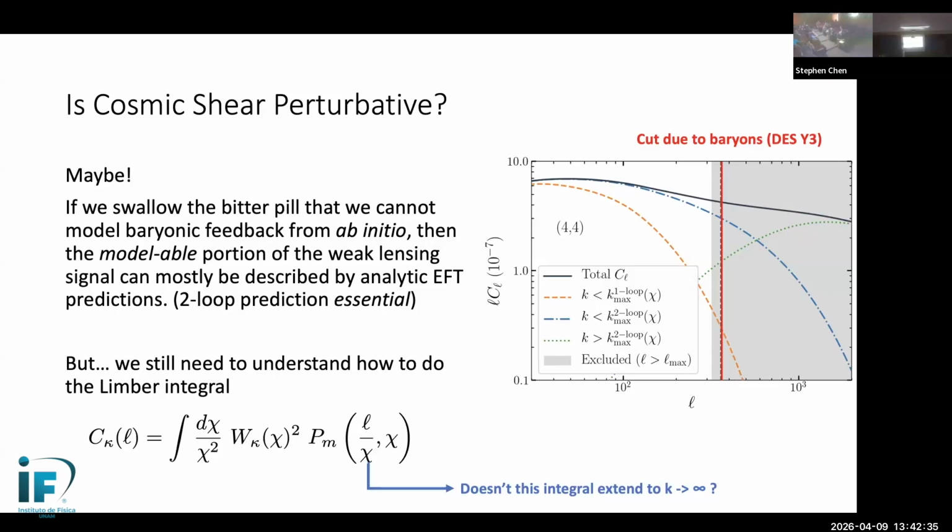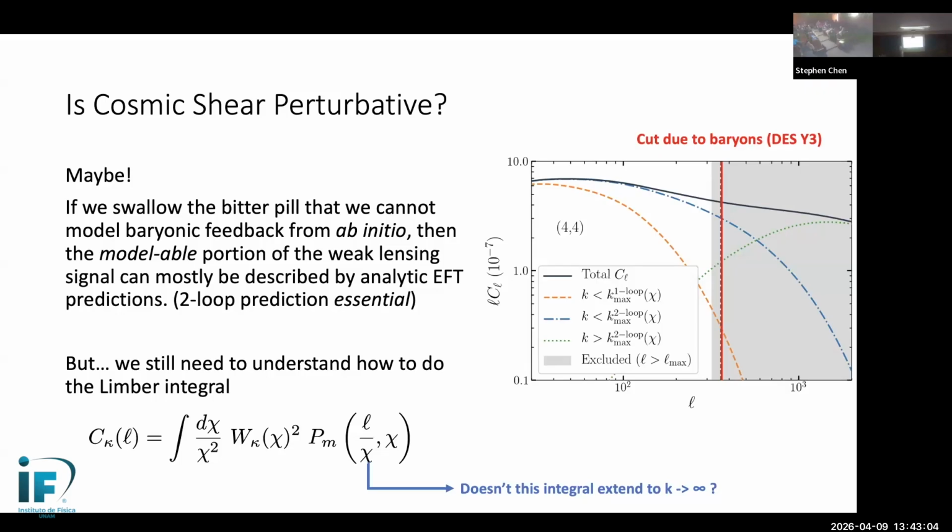using their current data. So this cut was made by saying, if hydrodynamics are indeed what they look like and can produce a big contamination in cosmic shear, what scales do I have to cut at current error bars so that I will not bias my constraints? They have to cut here. Compared to the amount of the signal that is coming from the perturbative modes, which is this blue line here, and the total signal, what you can see is that on the modes that DES can keep, the cosmic shear signal is actually very, very perturbative.